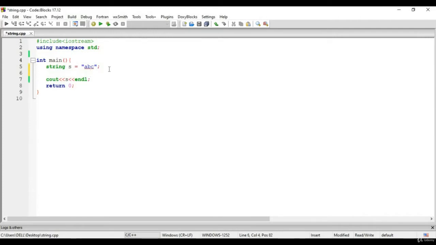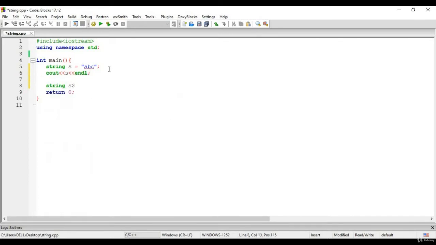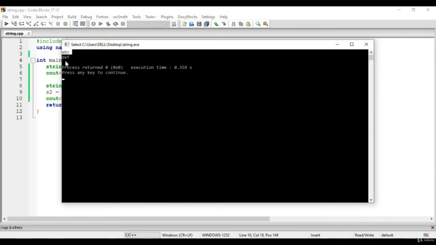Now you can also do like this. So let us create one more string S2, and you can write like this. So S2 is DEF, and now let us print S2. So ABC and DEF.